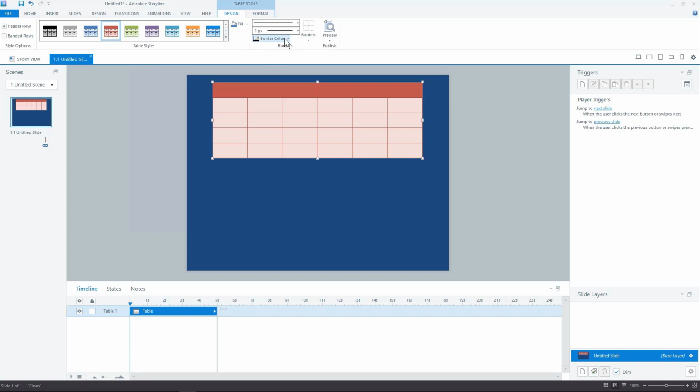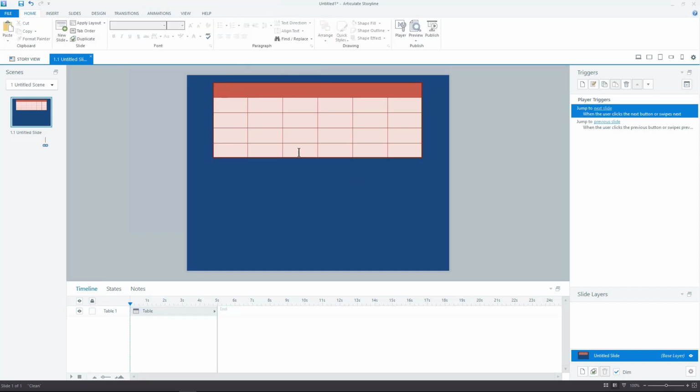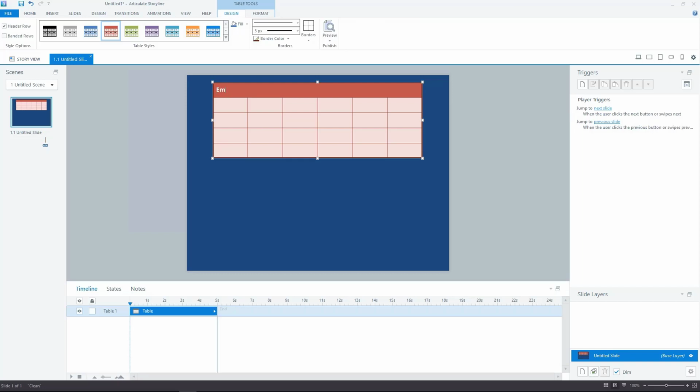I can go in and choose my border. Say maybe I want a thicker border, and I want that border color to be maybe a darker red, and then I'm going to say I want this to just be the outside border. And so I can see that in there. And then I can start adding in some information,